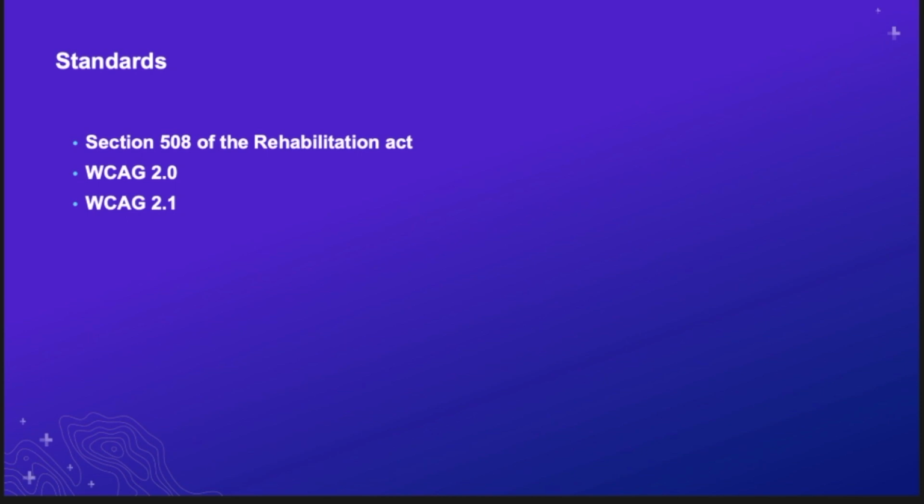2.1 doesn't deprecate or supersede 2.0, but I think if you're building a new website now, I would encourage you to look at and start trying to incorporate the 2.1 standards to sort of future-proof your site in regards to accessibility. So just to recap, WCAG 2.0 is sort of the de facto standard now. That's what you want to look at, and those are the resources that you want to study in order to make your site accessible. But if you want to ensure that your content is future-proof or work towards the future standards, that would be following WCAG 2.1. And in a few slides, we'll talk a little bit more about the differences between 2.0 and